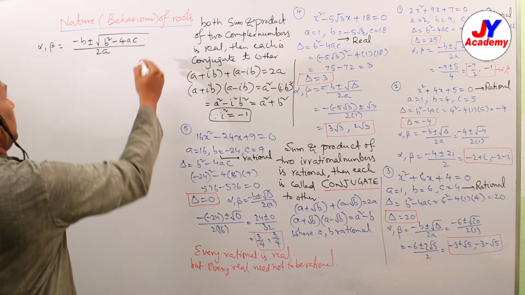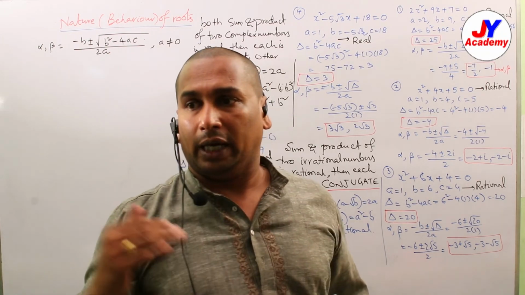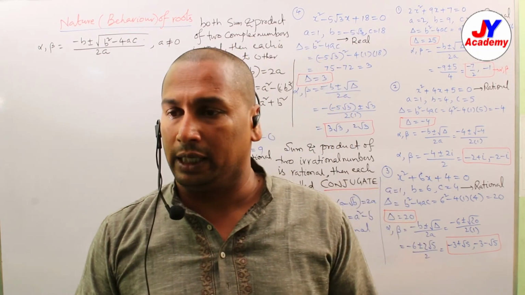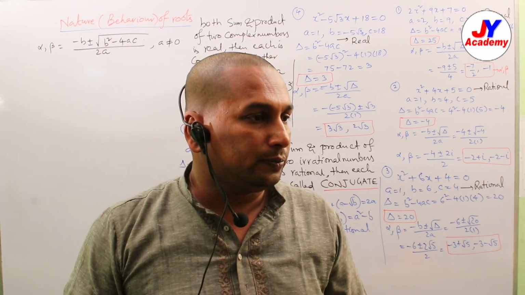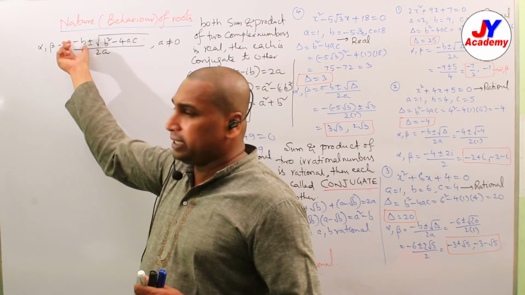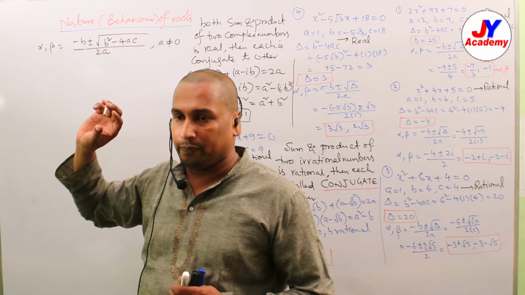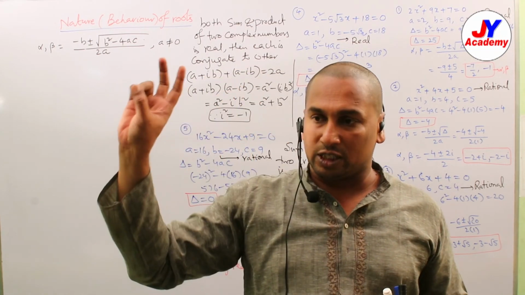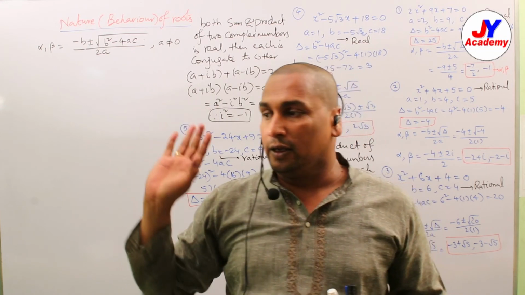Already you know A not equal to 0. The roots are minus B plus or minus root over B square minus 4AC by 2A. So who can influence the roots? In that we have three parts: one is 2A, the other is minus B, and the third is root over B square minus 4AC. What are the three parts? One is A, one is minus B, and the third one is B square minus 4AC.